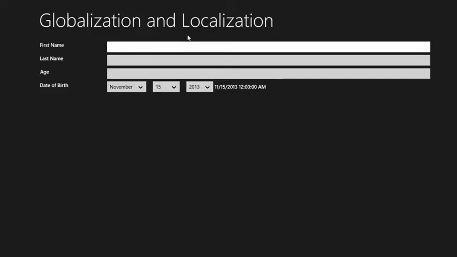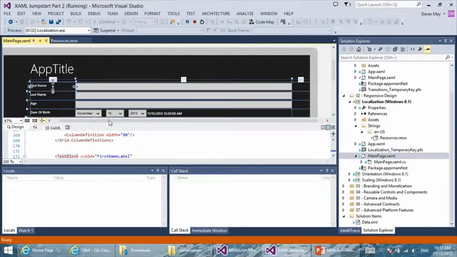Now if I run my environment, nothing changes. Your demo's broken. My demo is not. What I haven't supplied is any resources for this language. Ah, I see. Okay. So if I now close down my application, now I can introduce how